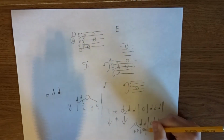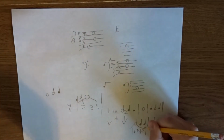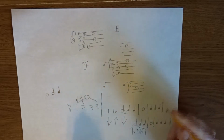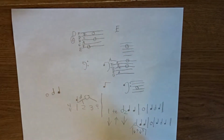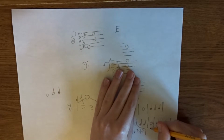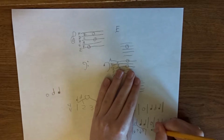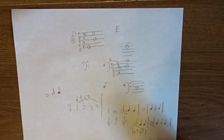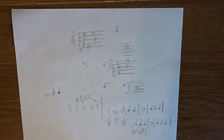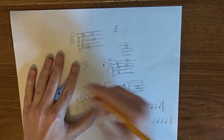And then over here, 1, 3, 4, because there are 2 inflections, because there's a down and an up there. And then for this, it would be 1, 1 and 2 and 3 and 4 and 1 te, 2 te, 3 te, 4 te. So there's that. And for more complicated rhythms,